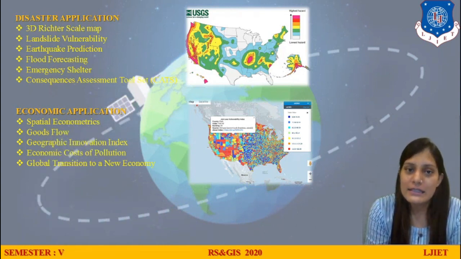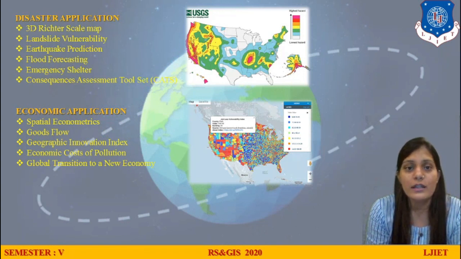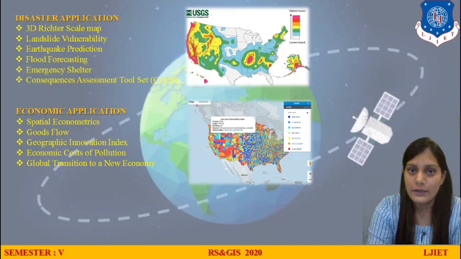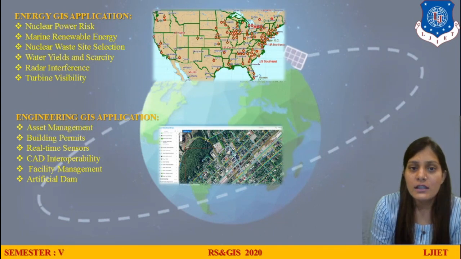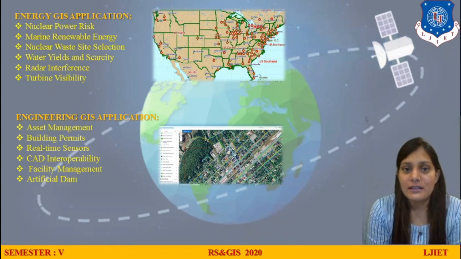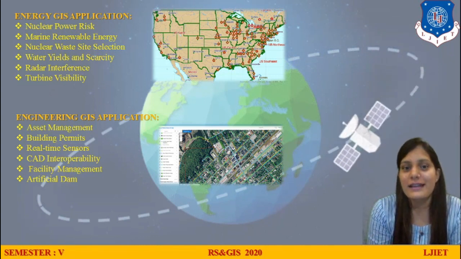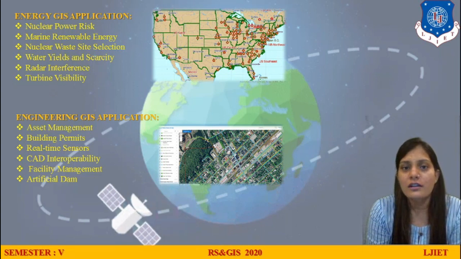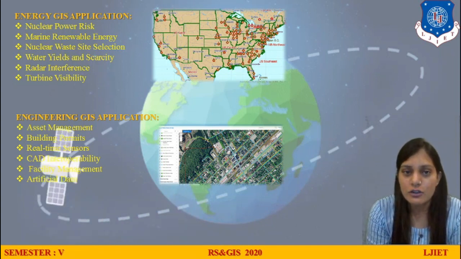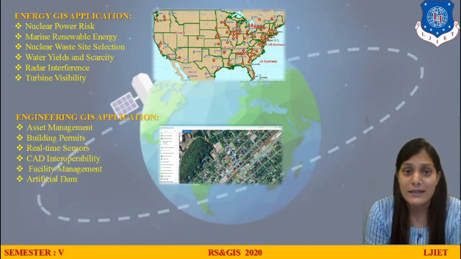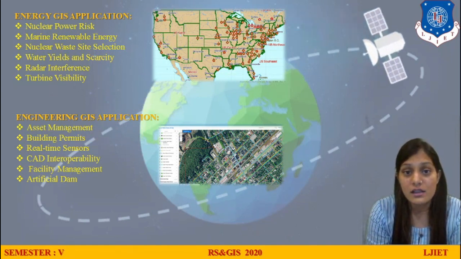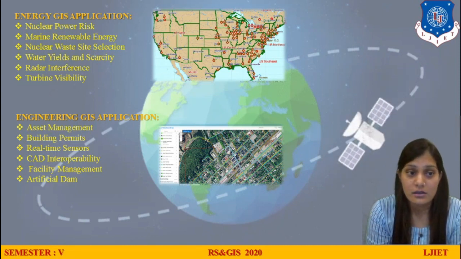It would be very easy to use GIS tools and do the economic analysis by having the spatial location and the attribute data. Moving further, you can see energy GIS application. What is energy GIS application? If I talk about nuclear, we have various types of energy. I have talked here about the nuclear power plants. We have nuclear power plants and hydroelectric power plants, right? So that is all about energy conservation, how we are doing energy conservation, and we can do it in a very good sense.